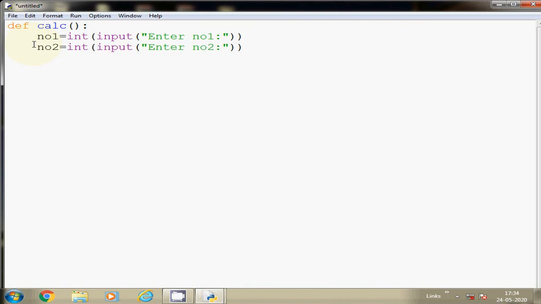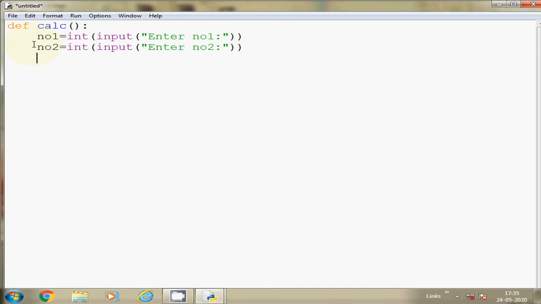Now see, two numbers we have already taken from the keyboard or user's input. Now process. So the first process I want to do is add. So add equal to number 1, and this plus symbol is called operator. Here equal to is also called operator. Operators are the symbols used in programming to complete a task.